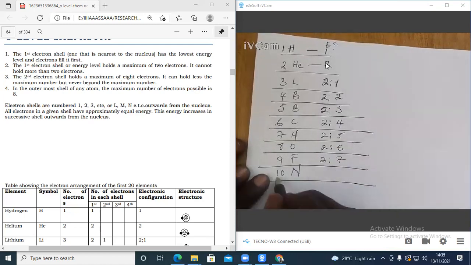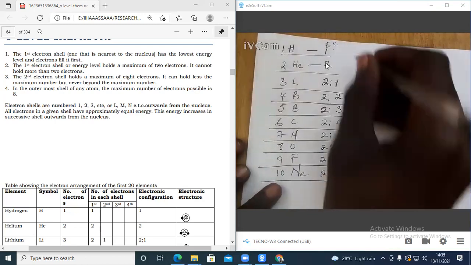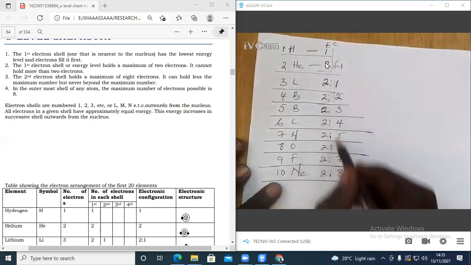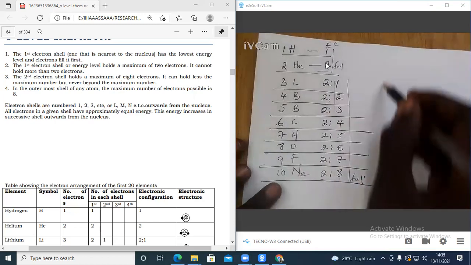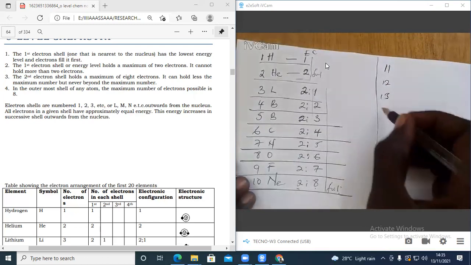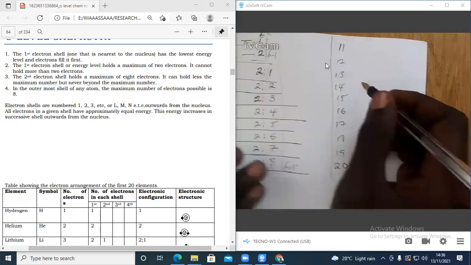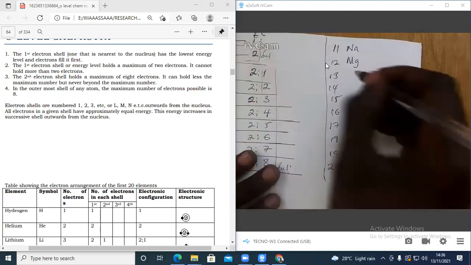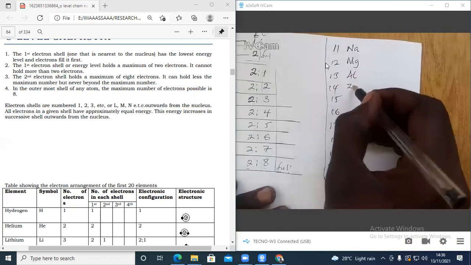Then now, neon has 2 to 8. Meaning our first shell got full, and now the second shell is also full. You get it? It's 2 to 8. Now when you go to other elements, sodium is number 11, 12, 13, 14, 15, 16, 17, 18, 19, and 20. The element here is sodium, followed by magnesium, followed by what? Aluminium, followed by